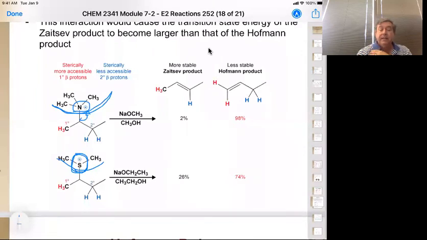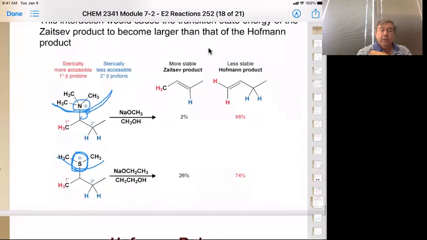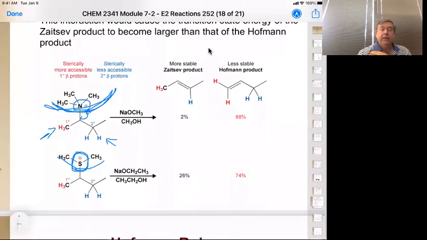Okay. In this case, if we remove our proton from here, that is the least sterically demanded one. This is the more sterically demanded. So having this big group here is still going to allow our big bulky base,